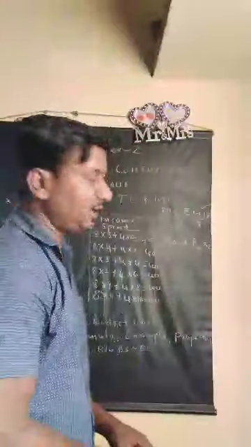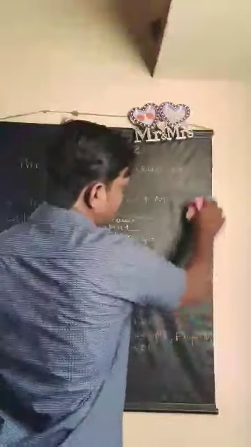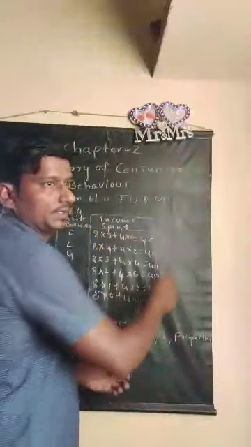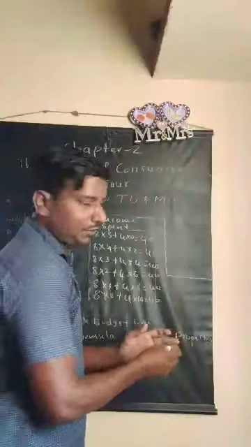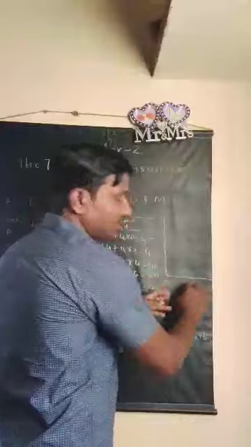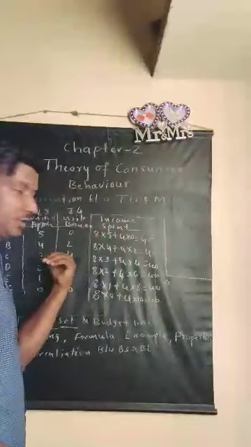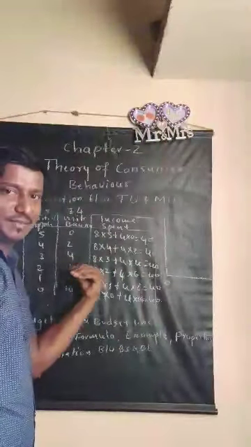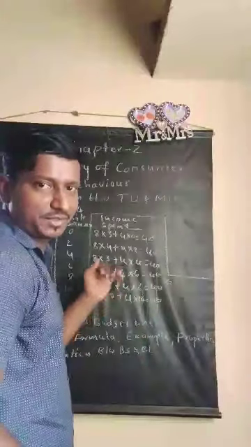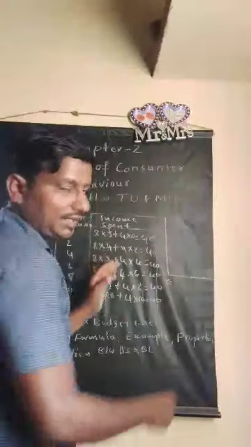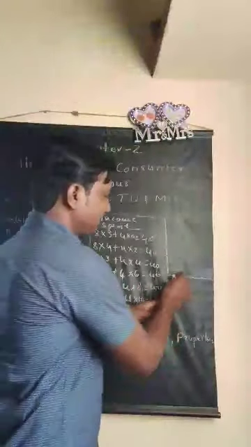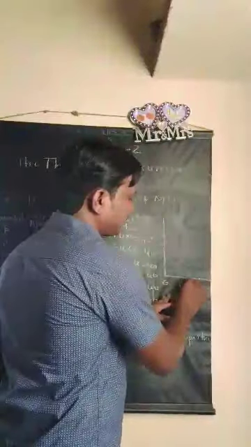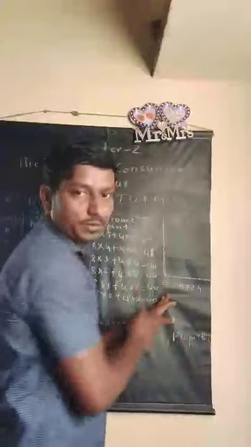And if we go to the budget line, how we are going to spend, that schedule is going to be put into a diagram. That is how we will see. Here, we will take on the OX axis the units of apple and on the OY axis the units of banana, with the different combinations. So I am going to take apple on the OX axis, whereas banana on the OY axis.